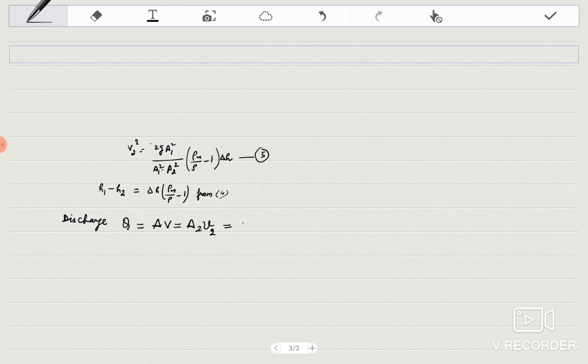So in this case you multiply your V2 with A2, so it will be A2 A1 square root of 2G upon A1 square minus A2 square, rho m minus rho